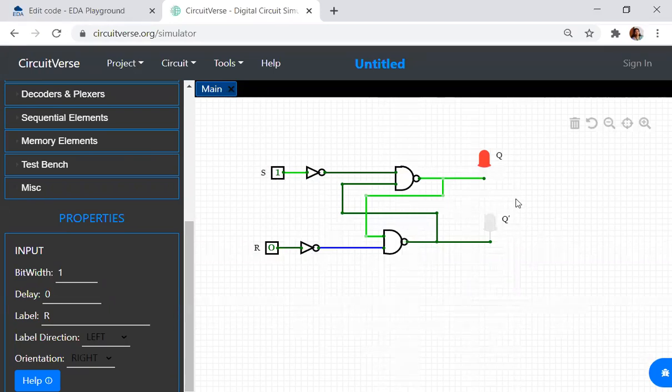Did I take the output Q bar? I did not take the output Q bar, I only took Q. Now based on our requirements, we can use both Q and Q bar or only Q. What I will do is only analyze Q. As of now, we'll keep Q bar pending, and S and R. And then I will write the logic.